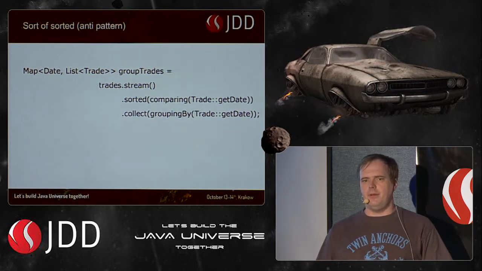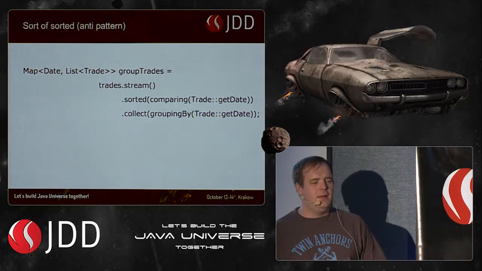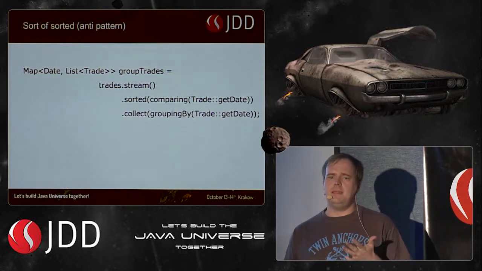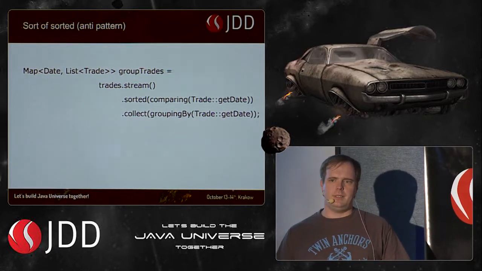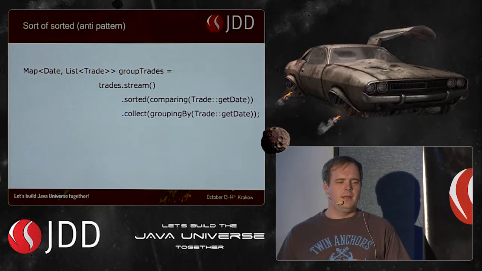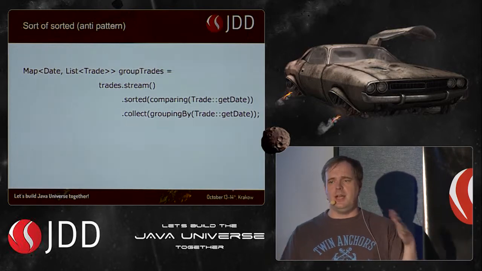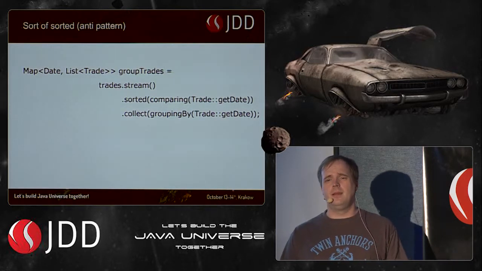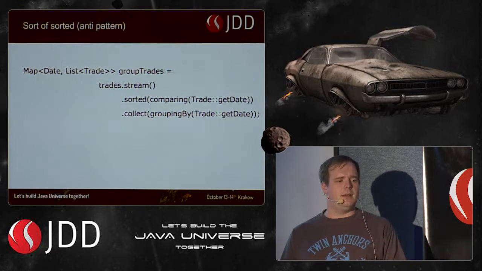Here's another example of an antipattern. You read it and you can see its intent, but unfortunately the way it's implemented defeats the purpose to some degree. So in this case, what it's doing is it's saying, I want to sort by date. So I want to get all my trades and I want to sort them by date. And then once I've finished them, I want to put them into a map, which has all the dates and